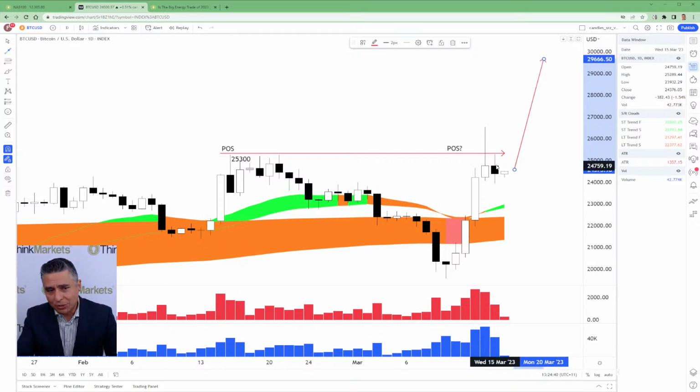But long story short, Damien, these candles suggest we've got at least time for a pause here while we work through that supply. We want to see the white candles. We want to see the lower shadows. We want to see persistence in and around this area between 24 and 25,000. We want to see it break down and question people's confidence. Oh, is this the beginning of the end again? We want to see it hang up there, rock solid, so that FOMO, that anticipation builds, and eventually that demand comes into the market to cause the next price increase.